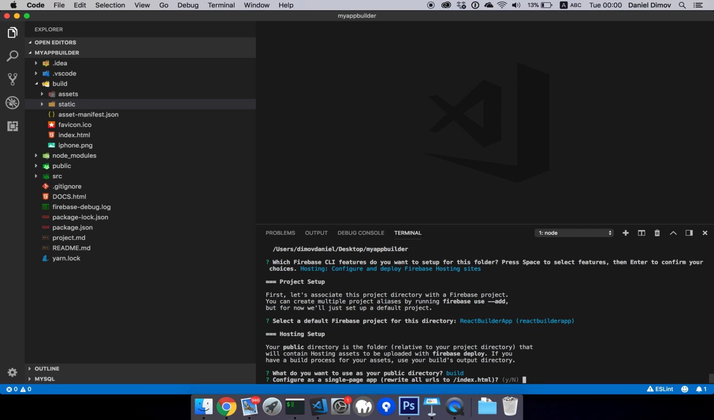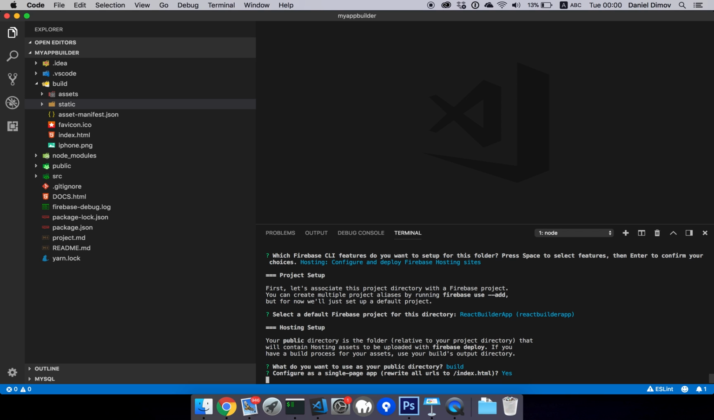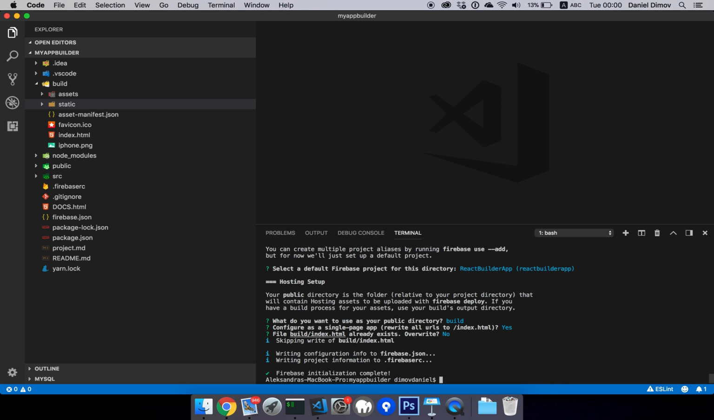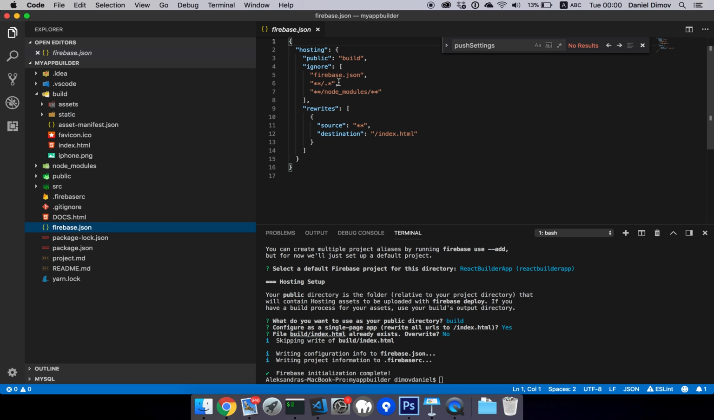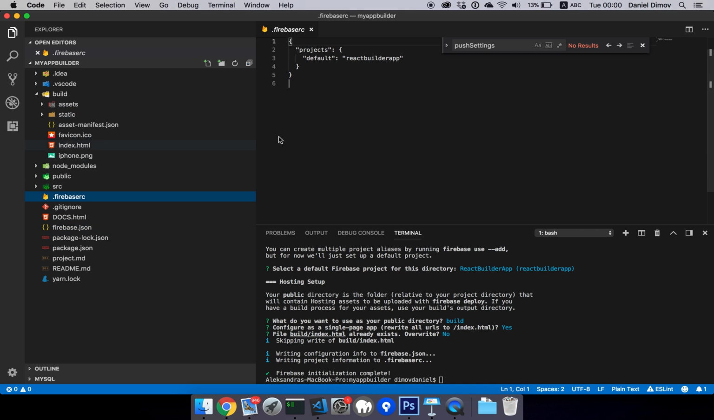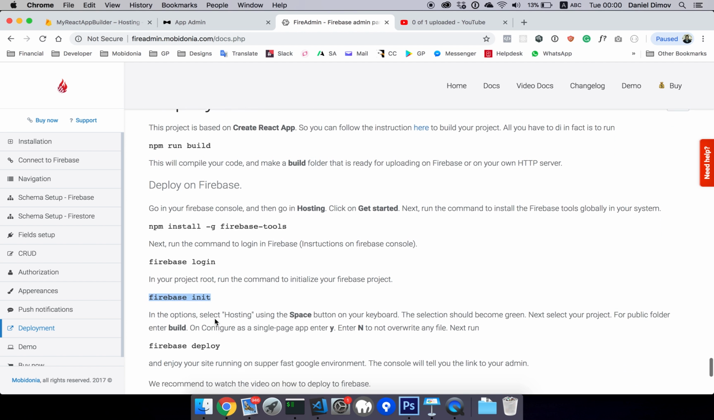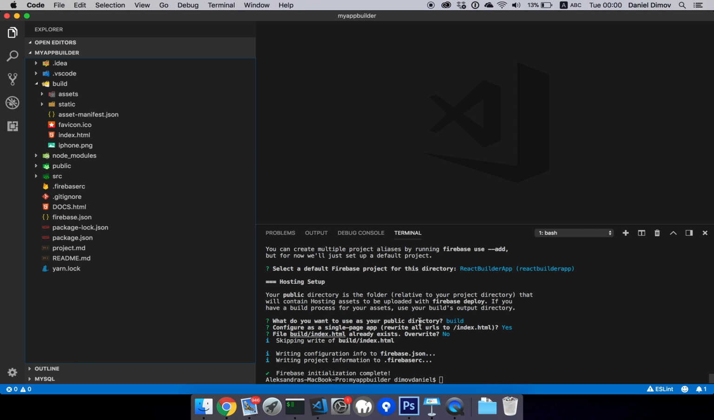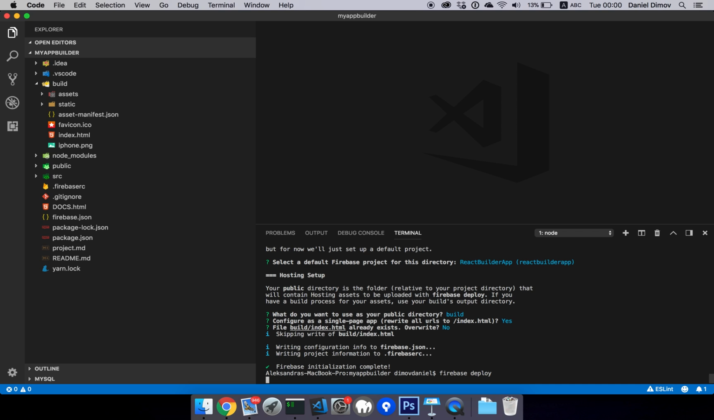I will do that. Configure as a single page app. Correct. This is a single page application, and all the files go to build index.html. Overwrite, no, we already have done it. You don't need to do anything. Okay, so what this step was doing is it created a Firebase configuration and a Firebase rc folder, and it was required in order to use firebase deploy. So as soon as I run firebase deploy,